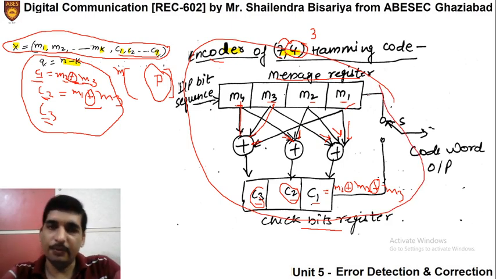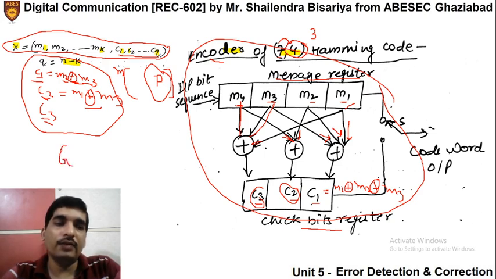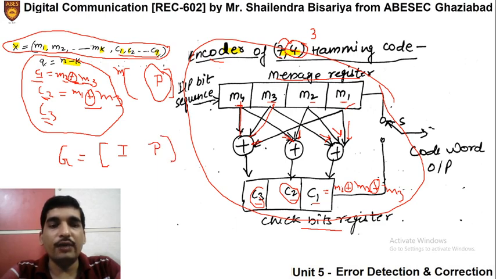So it is much simpler. I hope this is clear to you, and let us proceed further with the help of an example. Also, there is one more point. We have discussed G, which we called the generator matrix, which is composed of two parts. The initial part was Ik, the identity matrix, and the other part was the parity matrix. Now if I take the transpose of P, I will write it as PT.